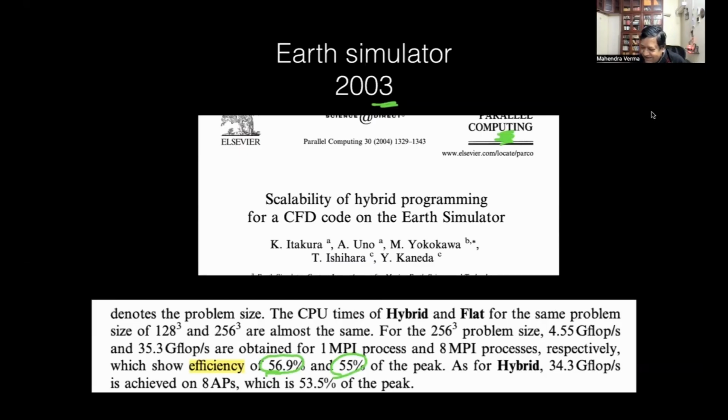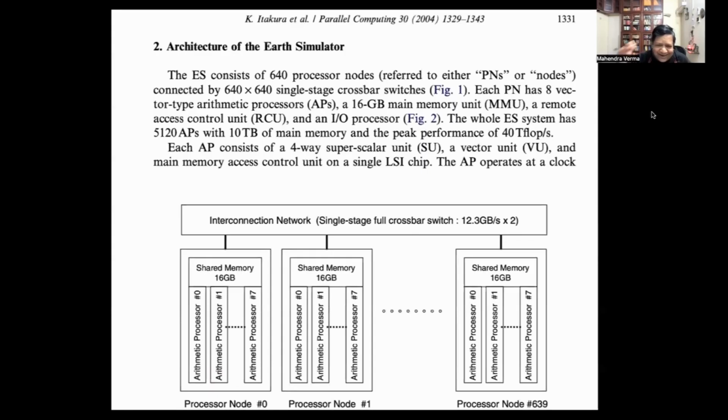So you can see that the CFD code on Earth simulator, they were supposed to simulate Earth using spectral method. So naturally, but of course, Japanese design is marvelous. If they put their mind on it, they really come up with a very good product. So this you can understand from whatever we studied so far. So these are processors, no? There are 8 processors, 0 to 7. And this is memory, shared memory among the processors. So this is one processor node. There are how many? The 640 processor nodes.